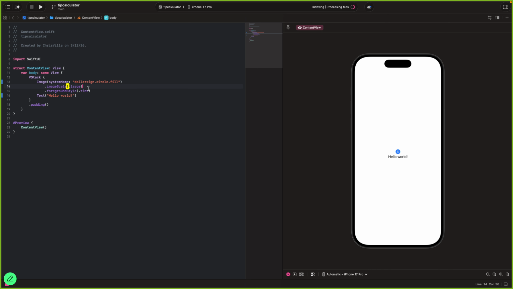You can also change the color of the symbol. You can make it black. This is going to change it to black. It's charging. There you go. You can see it's black. You can make it even red.